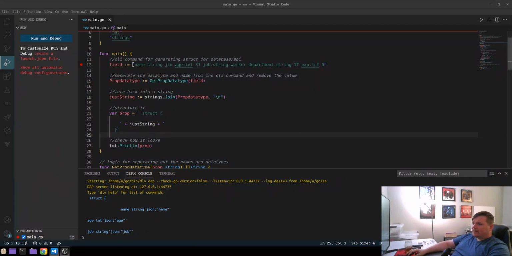so what we have here is, let's say you were going to do a CLI command like this. And why would you do it like this? Let's say you're doing one to generate an API or a struct or whatever it is. I have the name of the field, and then the data type, and then the value. Why have a dot and then a dash? Well, you could do it per space, I guess, technically,